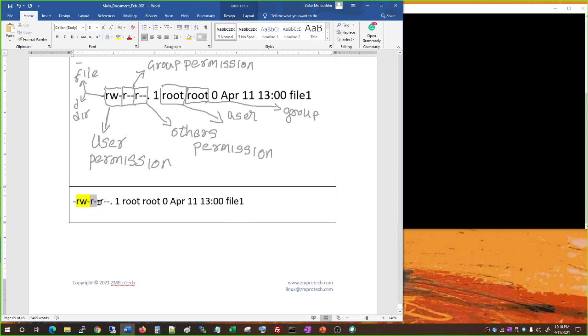From here to here, this part is, let me do green, and from there to there, this part, the positions it has is